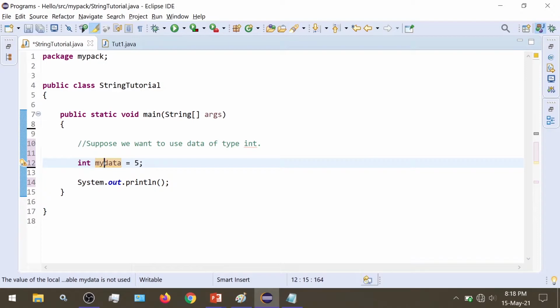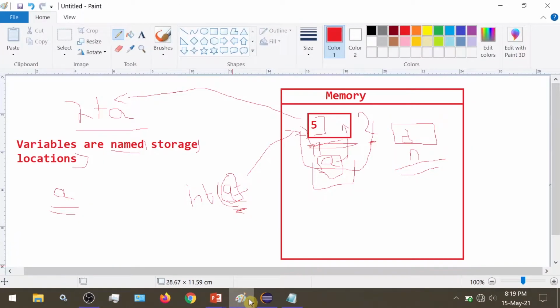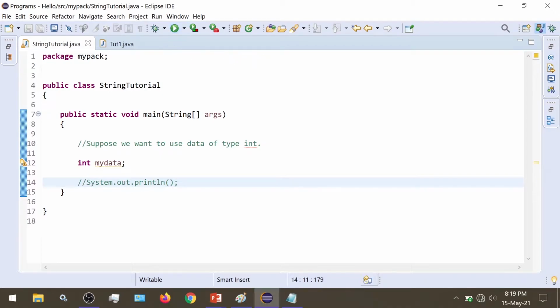So the type of the data, the name of the storage location, and the data. This equal to 5 part is optional. Even if we don't give this part and run our program, we won't get any error.